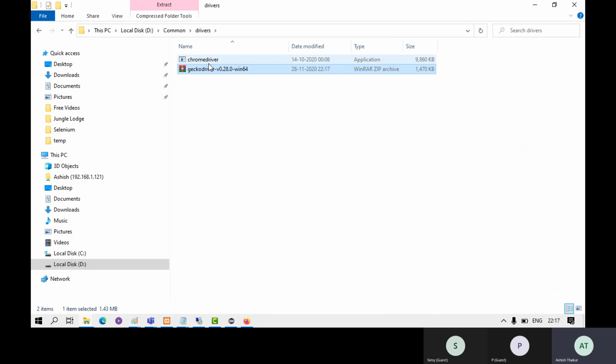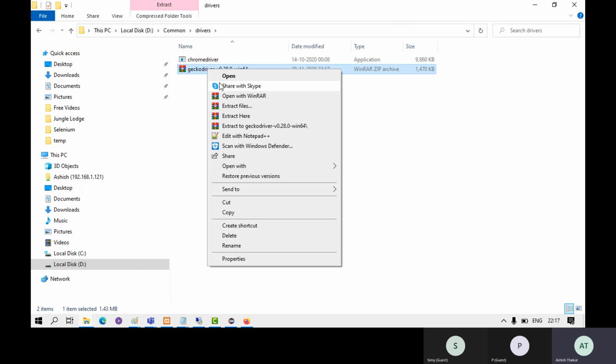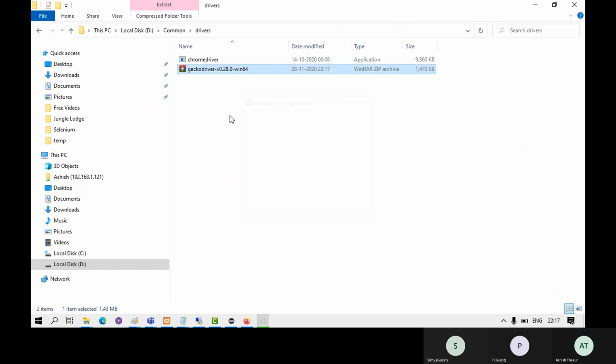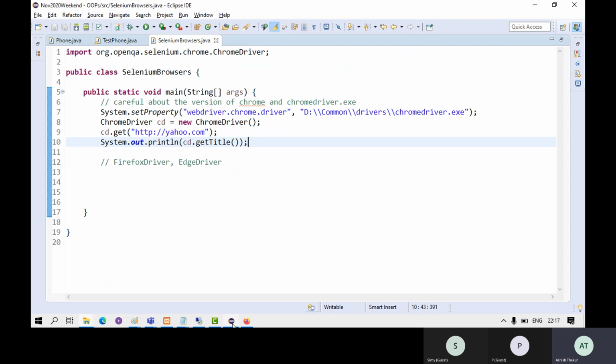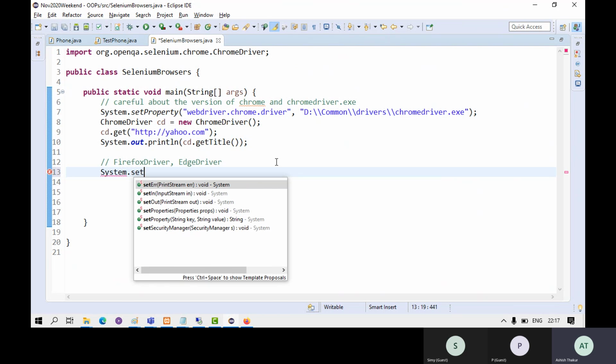Paste it here, extract here. And you give the line System.setProperty. Again, in the case of Firefox driver also, you have to write the command System.setProperty,